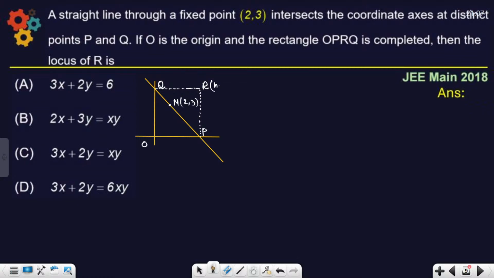And let us say h comma k be any point on the locus. That is, the coordinate of R here is h comma k. Now you have to find out the locus of R. Okay? Locus of R. How to find out? Very simple. If this point is h comma k, naturally your P is h comma 0 and Q will be 0 comma k. Therefore, the equation of the line PQ will be,